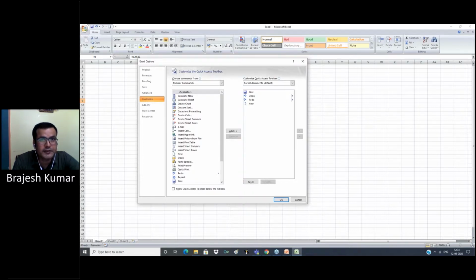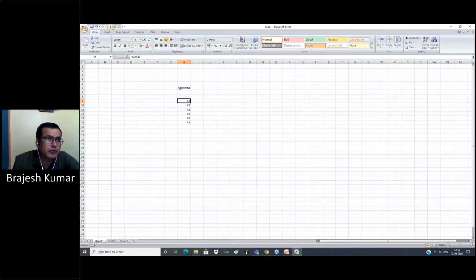So we can customize our quick access toolbar from here, and select options like calculate sheet, calculate now, open, add, paste special, add. Save is already added in the quick access toolbar. Now okay, now open and paste special are there.